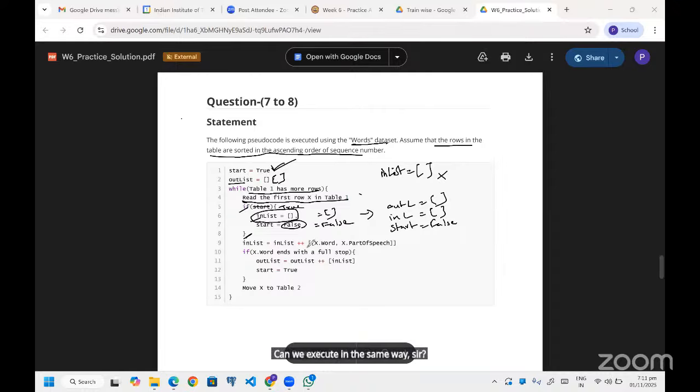Out list is initialized to 0, and again in list. After that, in the third row, can we take the in list? I'm trying to say that after executing this loop only we have to initialize the in list, or is there any possibility the in list can be initialized after out list?